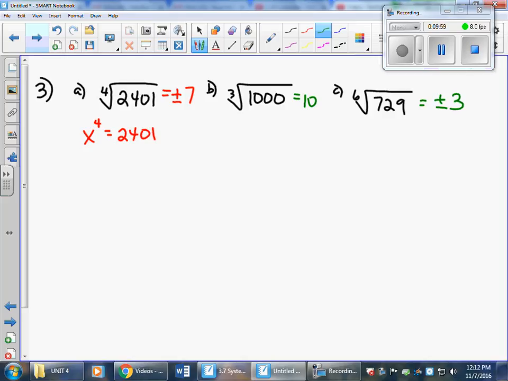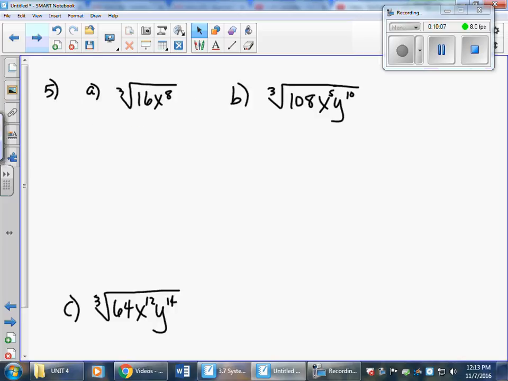Tomorrow or in class. And let's move on to number 5, which is definitely the most difficult problem on this paper. So I'm doing 3 of them for you, and you have only 5 to do on your own. But sometimes the easiest thing to do here, when you're looking at cube roots and fourth roots, if you look, there is a fourth root on here somewhere. There they are. Down here on G and H, we have fourth roots. So let's look at how we do a third root, and I bet you can figure out the fourth roots